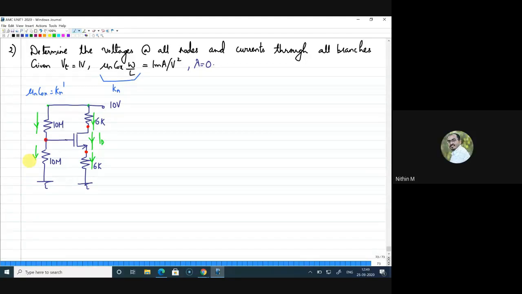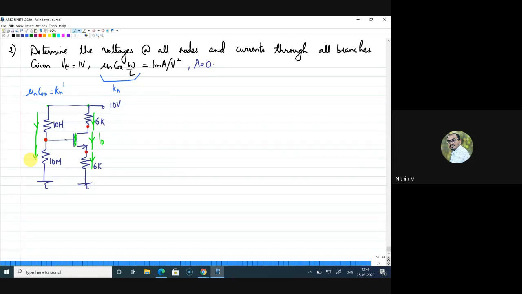We know that the gate is isolated from the rest of the device, and there cannot be any current flow from the gate terminal to the device, because what I have in between is an oxide layer, which is a dielectric. So there is no current here, but there will definitely be one current flowing from the 10 mega ohms to the ground. So this will be the same current, right?